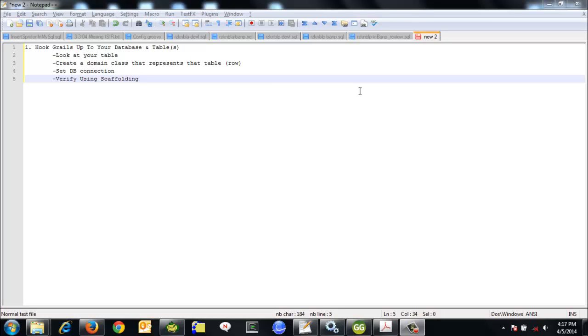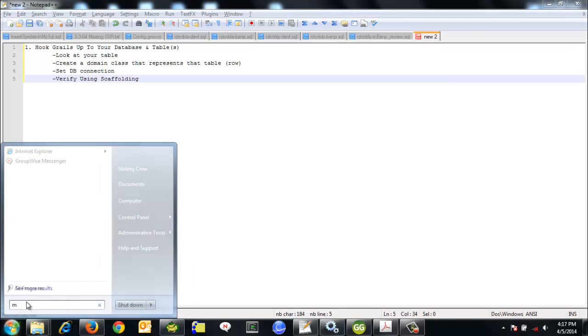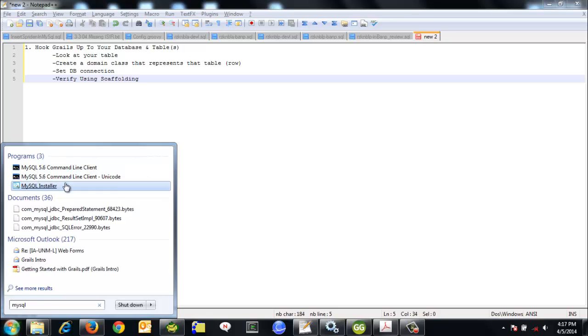So there are quite a few different things that need to happen before we can have our application up and running. The first thing that we need to do is look at the table within the database that we want to be pulling information from. For this example, I'm using a MySQL database. So I'm going to go to the MySQL command line client